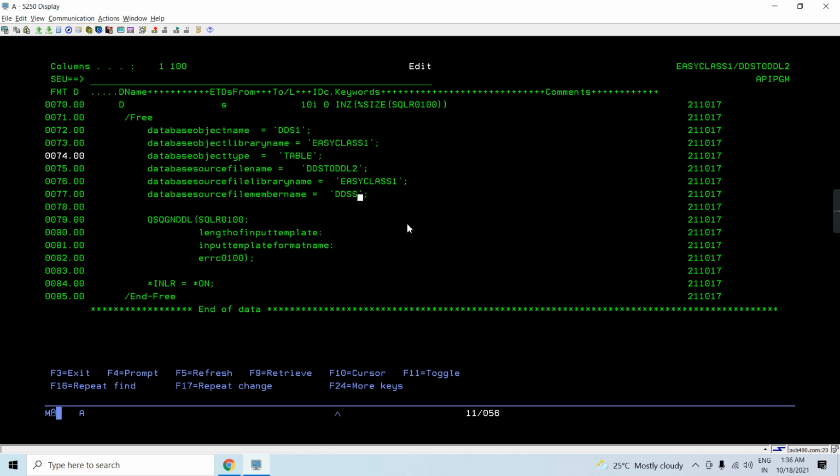and this is going to be DDS1A or DDL1, let's say, G1, generated one.